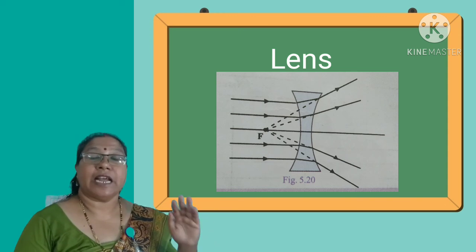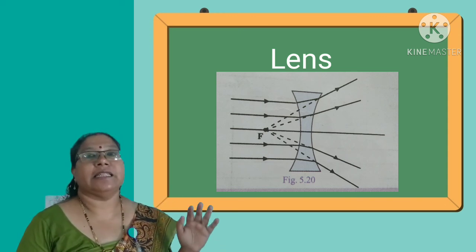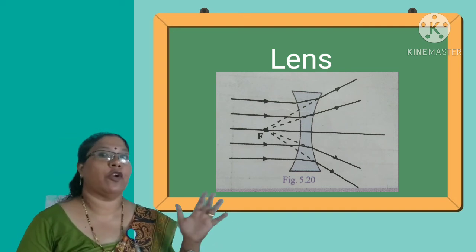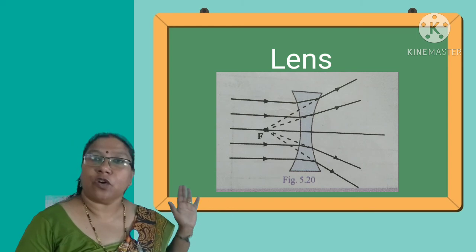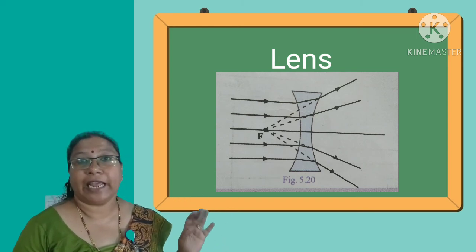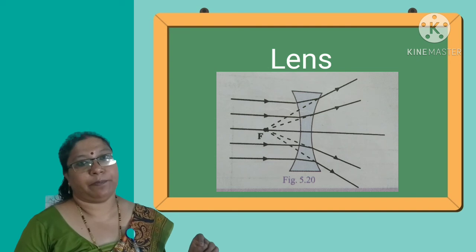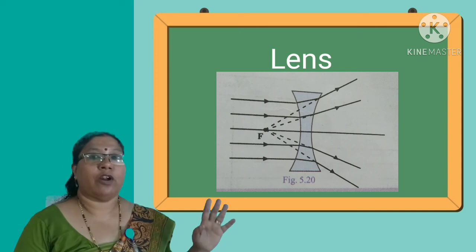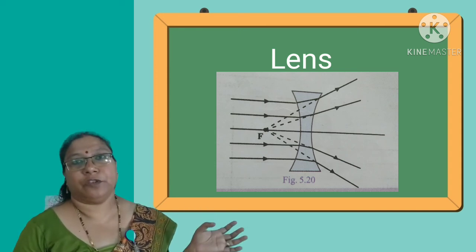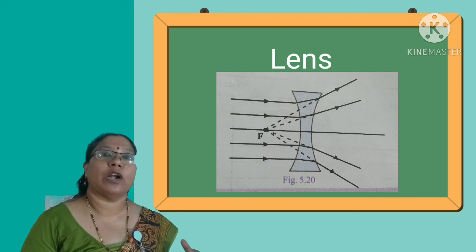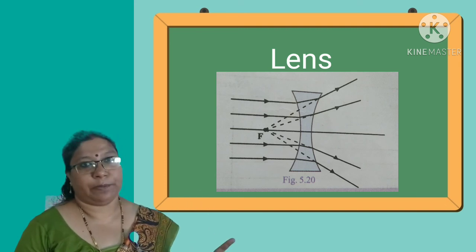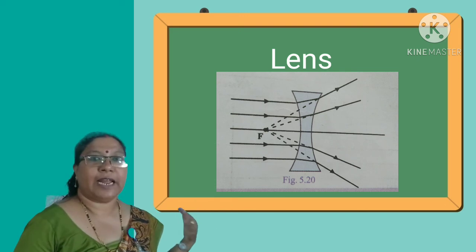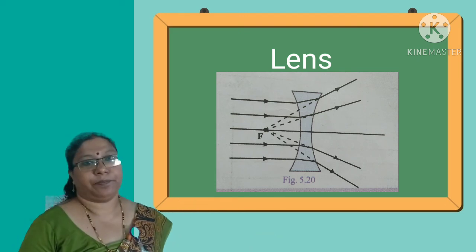Since in a concave lens the rays of light cannot actually converge, or the rays of light cannot be caught on a screen, the principal focus of a concave lens is a virtual one. It is only seen that the rays of light are coming from one point. You cannot get the image on a screen. So the principal focus of a concave lens is virtual. Here also, a concave lens has two focus, one on this side and the other on the other side.